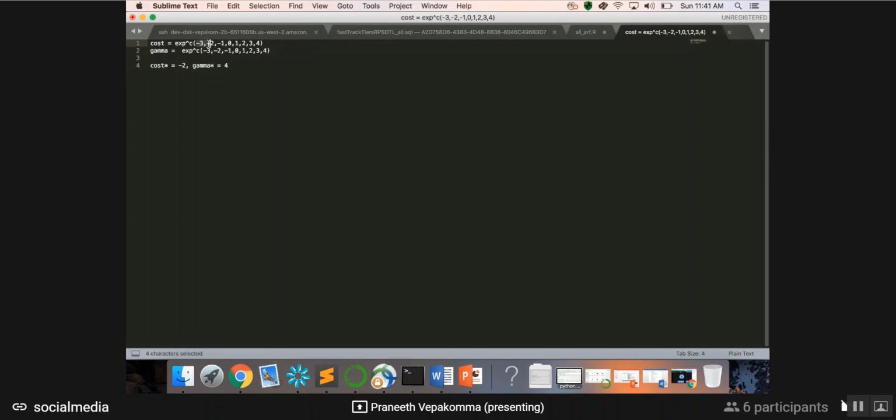So even if you search -3.5, -2.5, unless the function is very non-continuous and some crazy things are happening, you will not have much difference in error. Your error may change from 99 to 98.9 or something. So there's no worth in searching more unless you really need to optimize too much. That is what you will know from the trend of your plot of what you initially searched, how things are changing in the neighborhood of your optimal cost and gamma. So you want to search around the neighborhood.